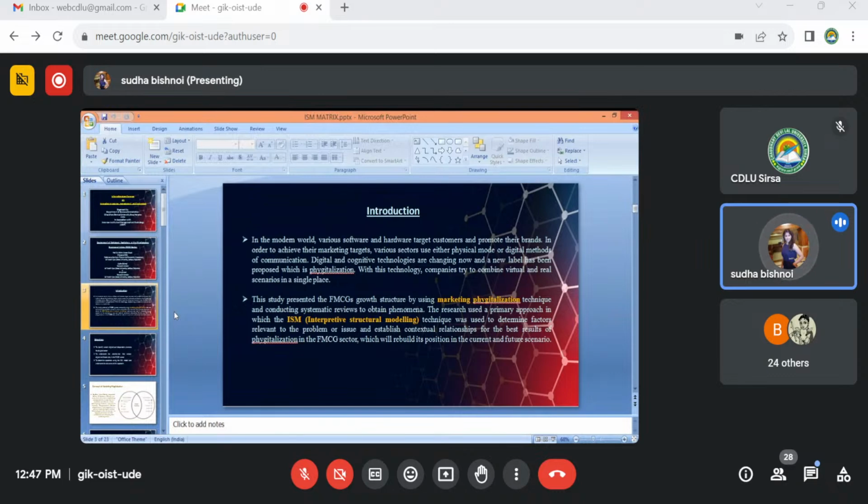Digital and cognitive technologies are changing now, and a new label has been proposed, which is digitalization, the integration of the physical world plus the digital world. With this technology, companies try to combine virtual and real scenarios in a single place. This study presented the FMCG sector, which is growing at the pace of 9.5% in 2028,